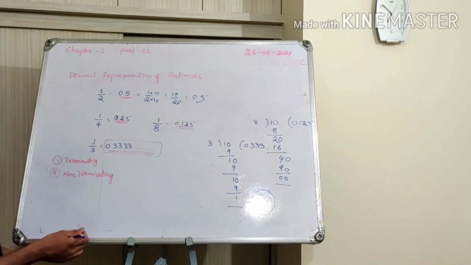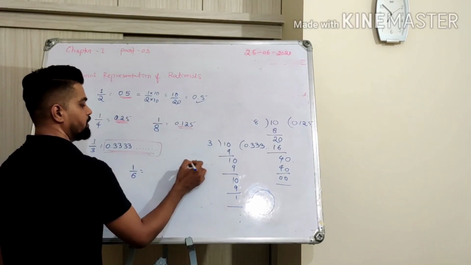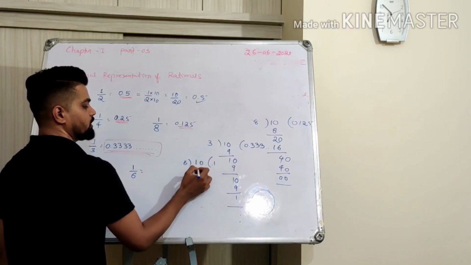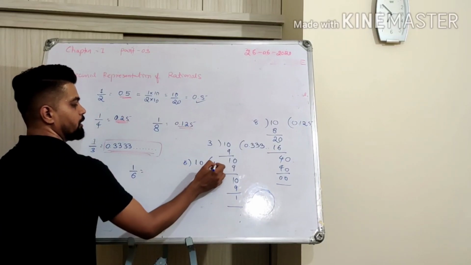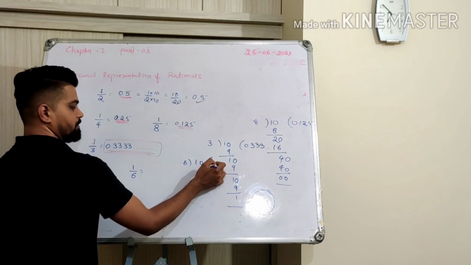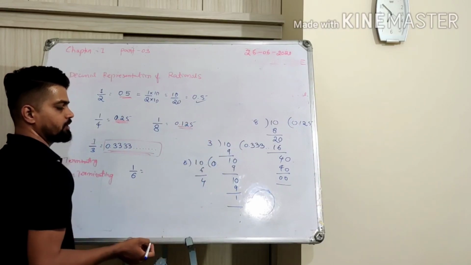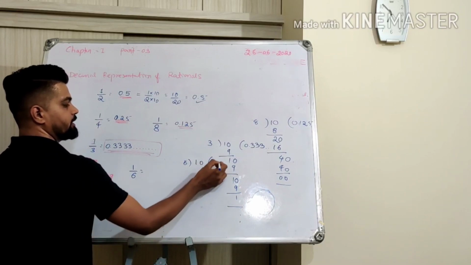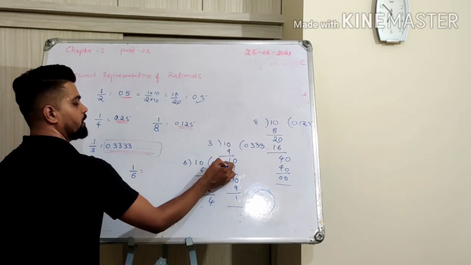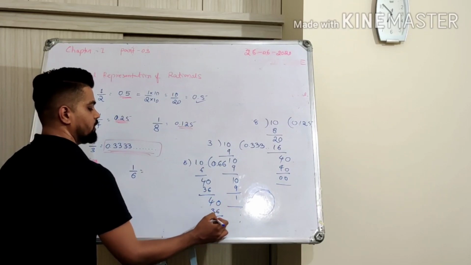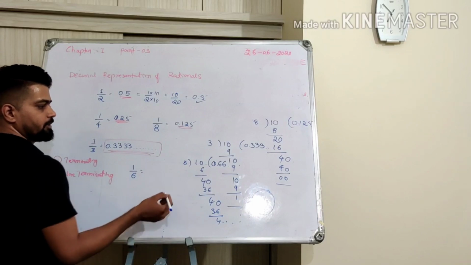Okay, so one more example I will give you. Divide 1 by 6. I first have to put a decimal, so I get 10. 6 ones are 6, and I have 4, and then 6 6s are 36. Again I get 4, again 36, again I get 4. So this will also never stop, right?